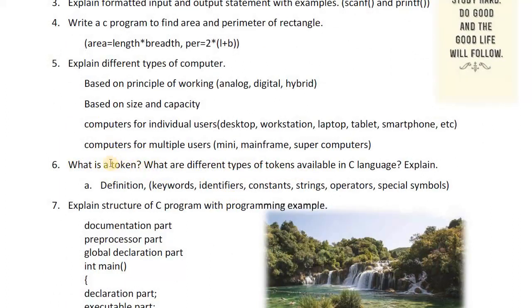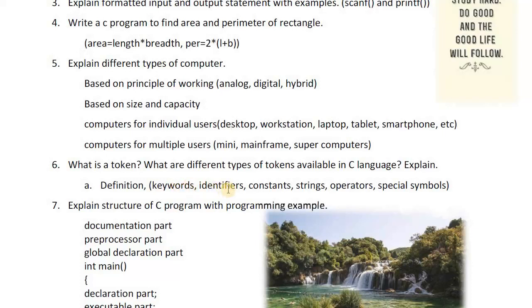C tokens are the smallest individual units of a C program. We cannot write a C program without these things. That's the smallest component which cannot be further divided. If you answer this, you get 1 mark. If you list out keywords, identifiers, constants, strings, operators, and special symbols, you get 1 mark. Explain keywords. Keywords are reserved words. These have fixed meaning for the machine. We write all the keywords in lowercase. ANSI C has 32 keywords. Keywords cannot be used as identifiers. And give examples: if, while, for, do, switch, case, default, register, auto, static. Give examples, you get good marks.